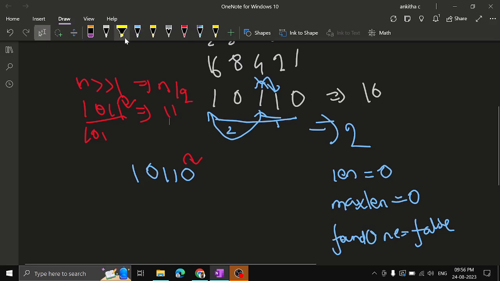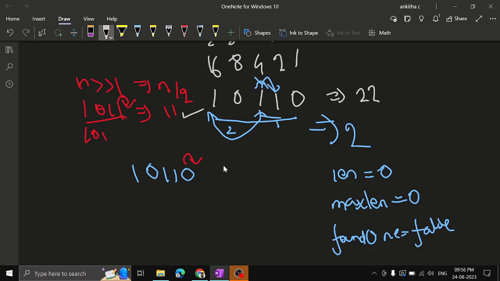Okay, this is not a number 16, very sorry. I don't know why I wrote 16. It's 22. Right shifting a bit by one position means dividing a number by 2. So if we divide 22 by 2, it will give you 11. You could see right shifting by one position gives you 1 0 1 1, that